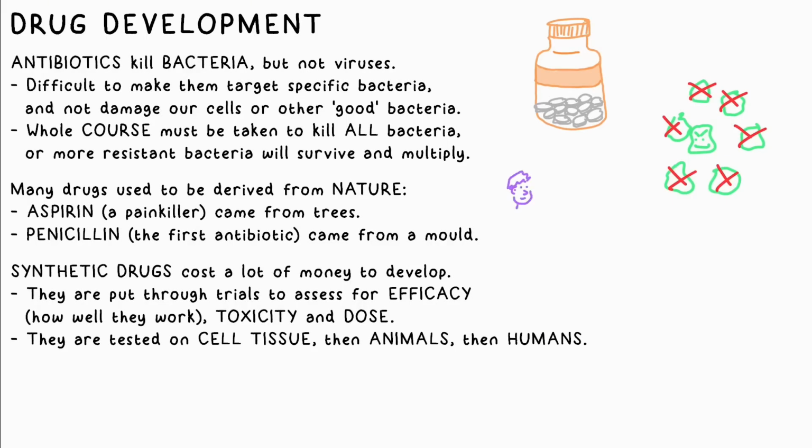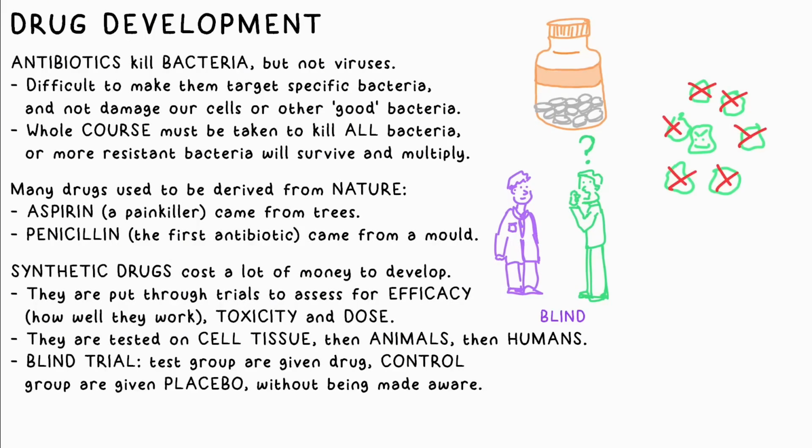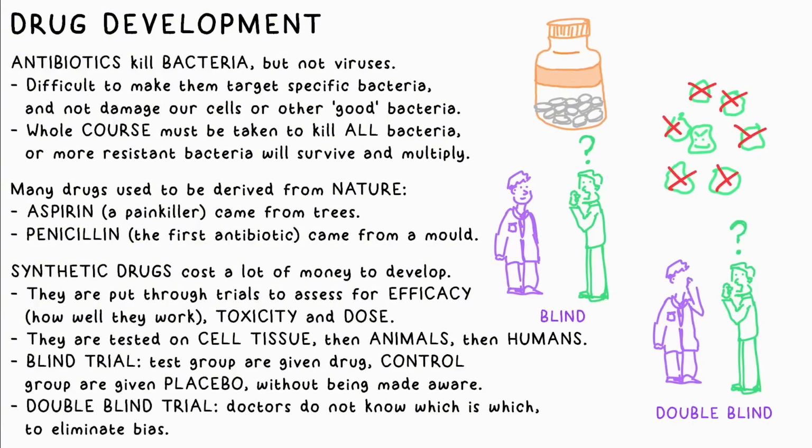Next, human trials. We give the drug to a group of people, but we also give a placebo to a control group without telling them. Say a pill that's just sugar, not the actual drug. This is what we call a blind trial, because the test subjects don't know what they're taking. A double-blind trial is when even those analysing the results from the tests aren't aware of which group is which,